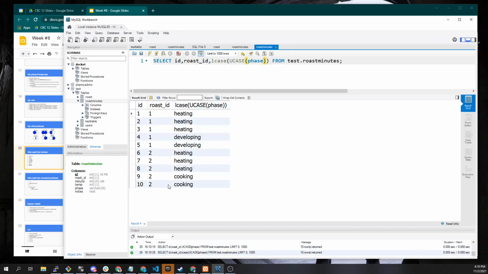And so it's going to lowercase it. Now you'll notice that when we're doing this, it says ID, roast ID, lcase, ucase, phase. The column name coming back is changed to lcase, ucase, phase. If we wanted to have this display a usable name, which is going to be very important as we start